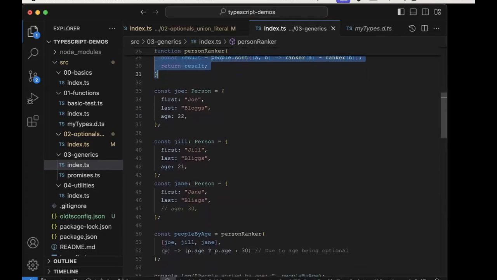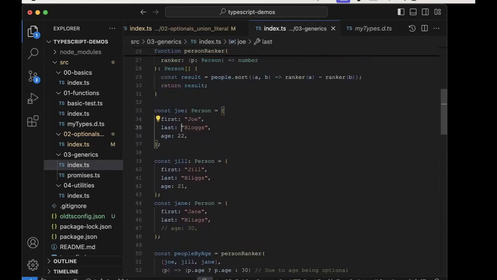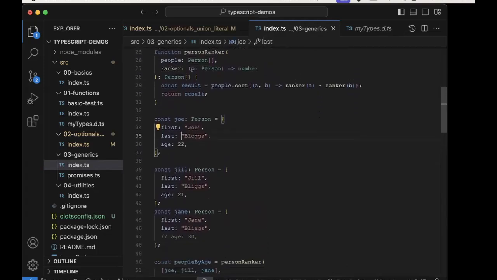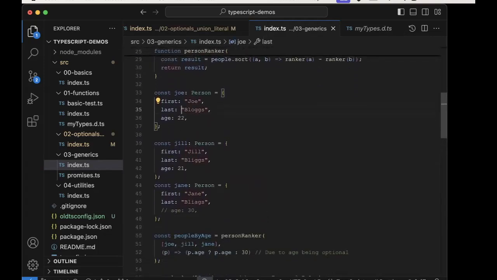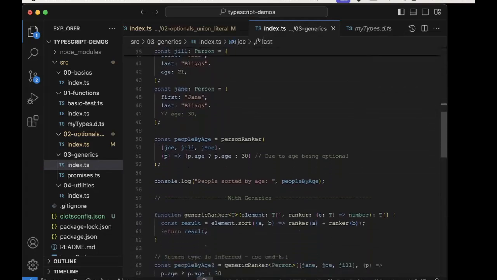I'm just giving you an example here of calling my person ranker. So I've got some person objects here. Joe has these properties. Joe does have an explicit age. So does Jill. And I've decided that Jane doesn't have an age property. Now that is problematic though,